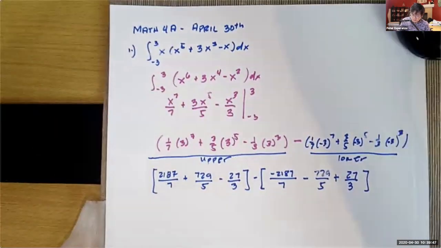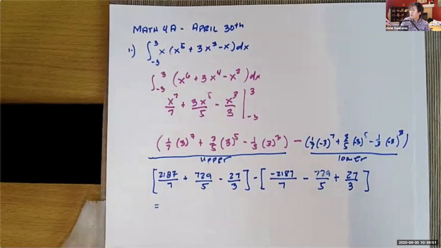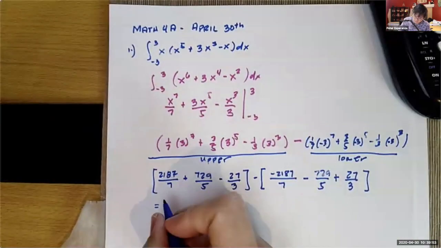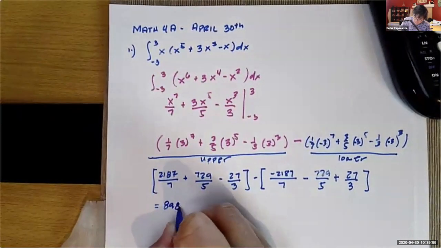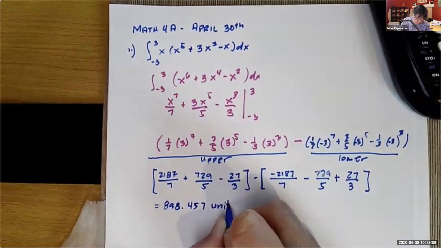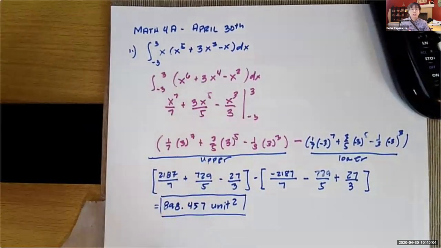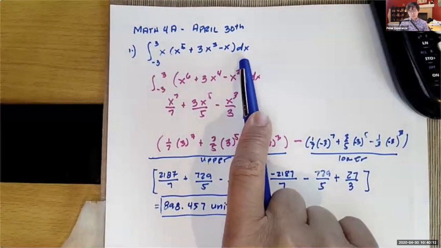898.457. Let's write it down. 898.457 unit square or square unit. Why do we put the square unit? Because we know every time we use the definite integration, we are basically calculating the area under this function, this